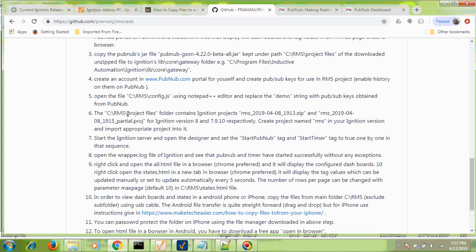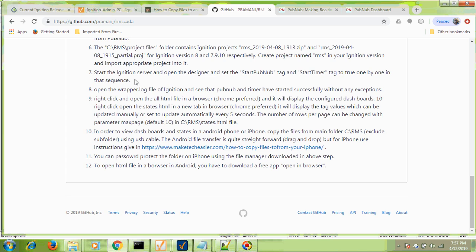Now under C:project files, the backups for the Ignition projects are kept, as I earlier told. 1913 is the version 8 file, and this is for version 7.9.10 of Ignition. It is partial because I didn't store the client tags, because otherwise it gives you a warning that it already exists. So you have to copy this, create these projects, and then start the Ignition server,